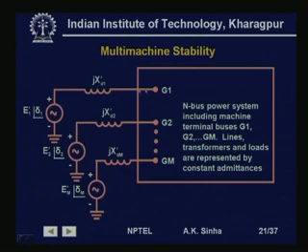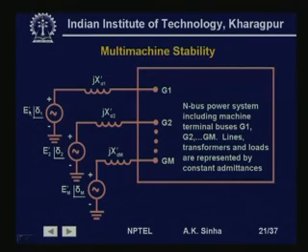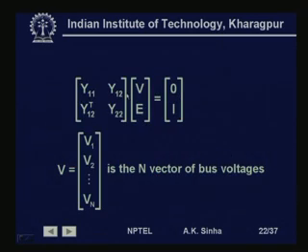Okay. And these machines we are representing as a voltage source behind the transient reactance, the simplest possible machine representation that we are doing. So, machine 1 has the internal voltage E1' and a power angle delta 1, jXd1' is the transient reactance, and so on for all the M machines. Now, if we have this system, then we can write the relationship for this system as